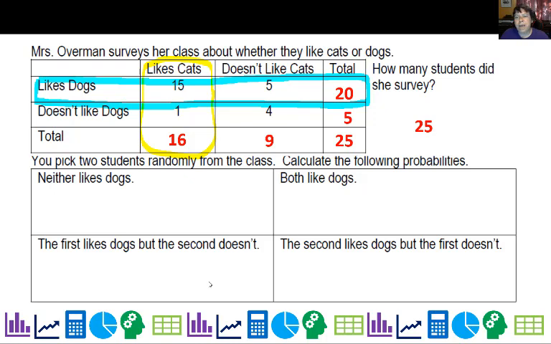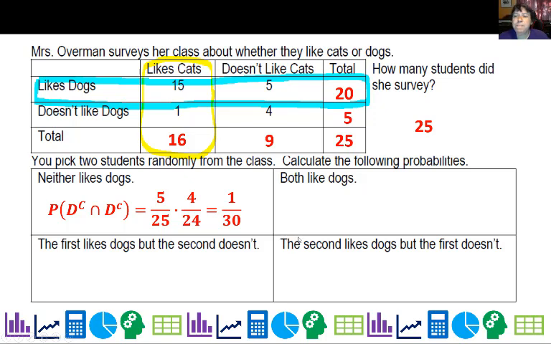But here's what happens. I have 5 over 25 here. Why don't I have 5 over 25 here? Well, if I pick that first kid who doesn't like dogs, how many people are left that don't like dogs? 4, all right? Out of, and there's only 24 people left. So you'll get 20 over 600, I believe, and that will basically be 1 out of 30. So the probability that neither of the students likes dogs is 1 out of 30.